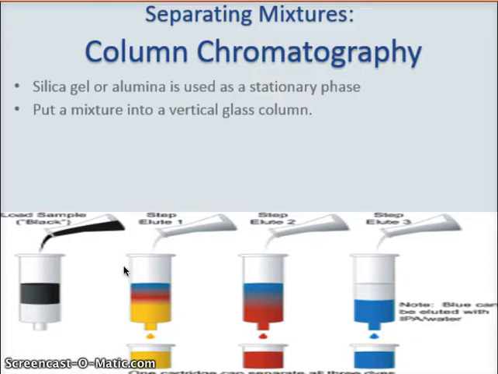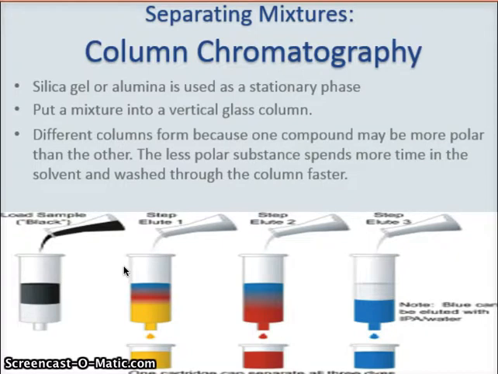The different columns form because one compound is more polar than the other. So as you start adding water or some sort of liquid that pushes the layers down, you're gonna notice that it starts to separate in the presence of this silica gel. If you don't have the silica gel, you're not gonna form layers. So you need the silica gel because you need these layers to be attracted to the silica gel